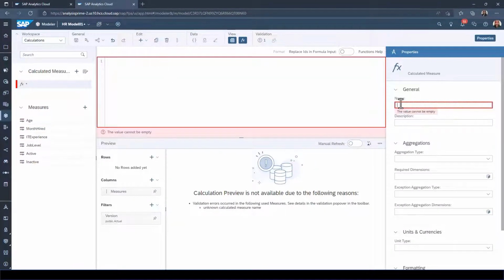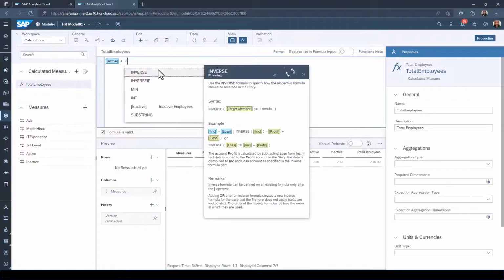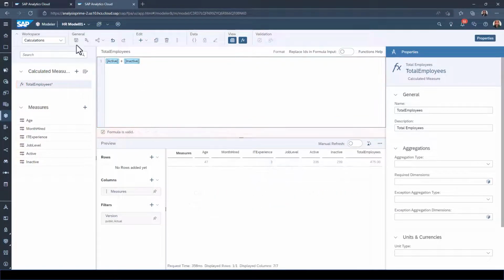Under the Properties panel, add a name and a description. Note, the description in this measure is used as the label in the story. In the formula text bar, type your formula. When you type either the name or the description for the measure, the formula will offer you suggestions. Save the changes,